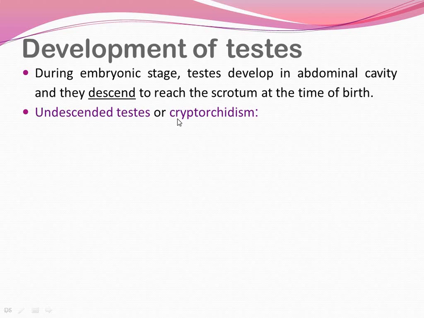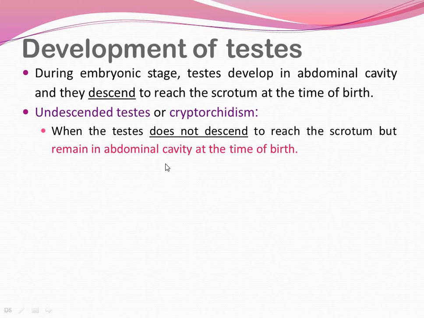Crypto refers to hidden, meaning the testes are not visible from outside. Orchid refers to testes. Ism means a process, so a process where the testes are hidden. That's why you call it cryptorchidism. So cryptorchidism is a process when testes do not descend because the testosterone levels in intrauterine life are not